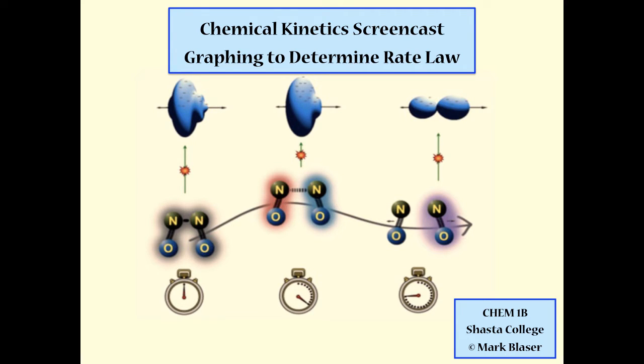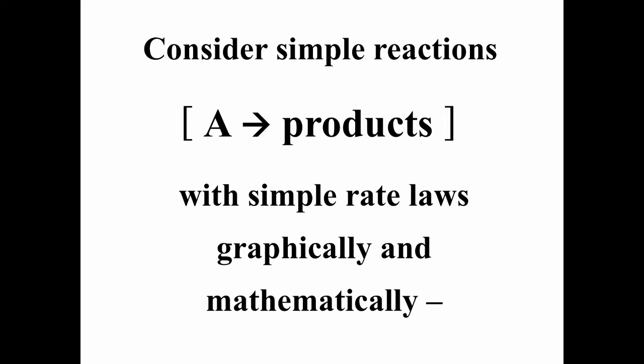Welcome to a chemical kinetics screencast that will go over using experimental data and graphing that data to determine rate laws. In this screencast, we will be looking at simple reactions where we have one reactant, let's call it A in general, that makes products, and we're going to look at the rate laws for these kinds of reactions both graphically and